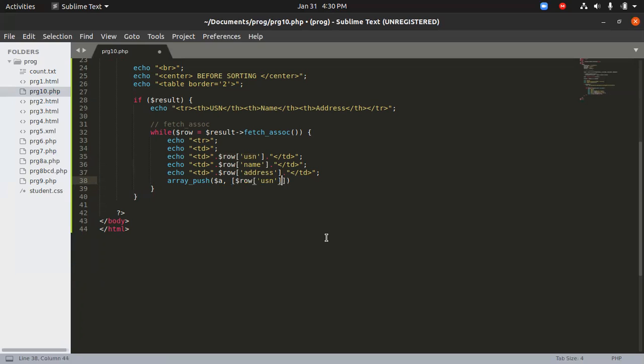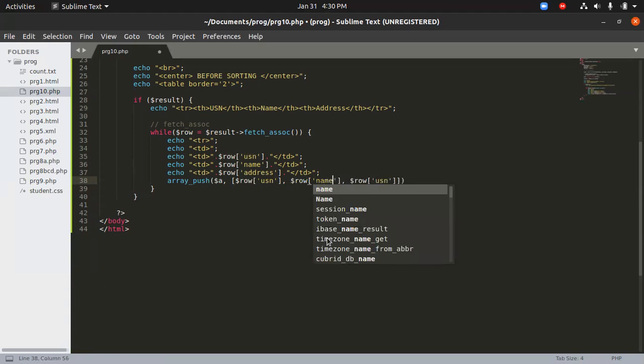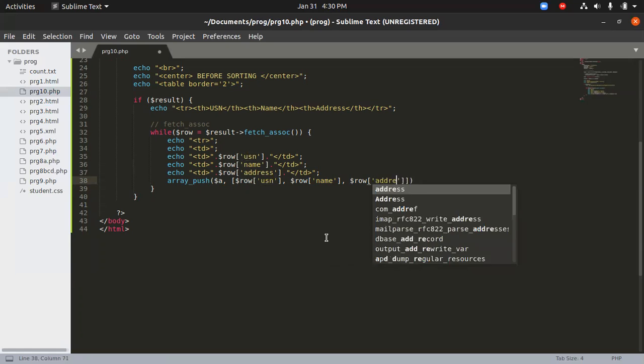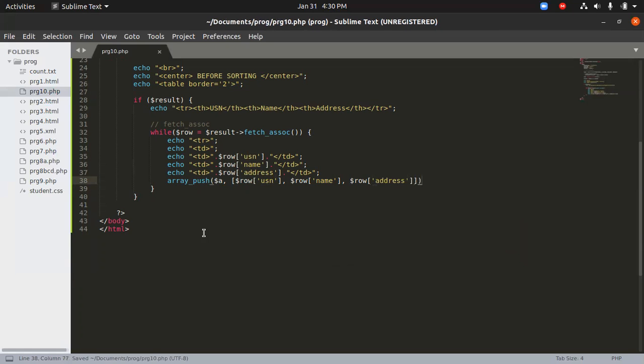The first one is done. Just add the second one and then the third one. So we just have to replace it again here. So address. So this $a will be having all the values. We can use it later. So we'll just close this one. So the first part of displaying the output before sorting is done.